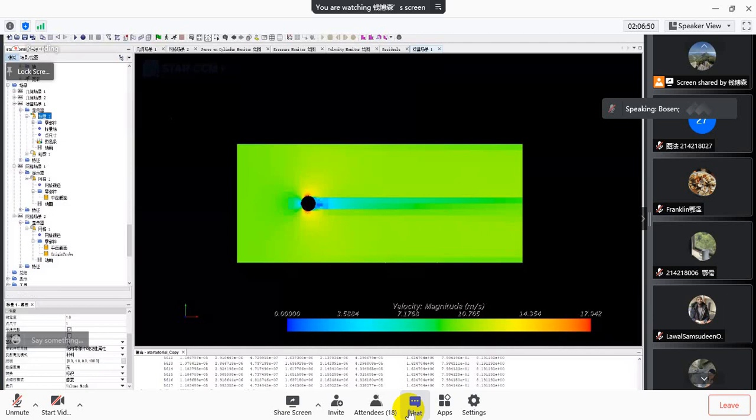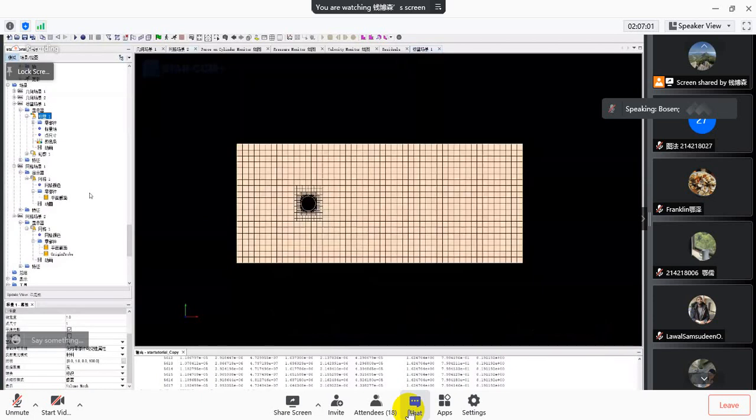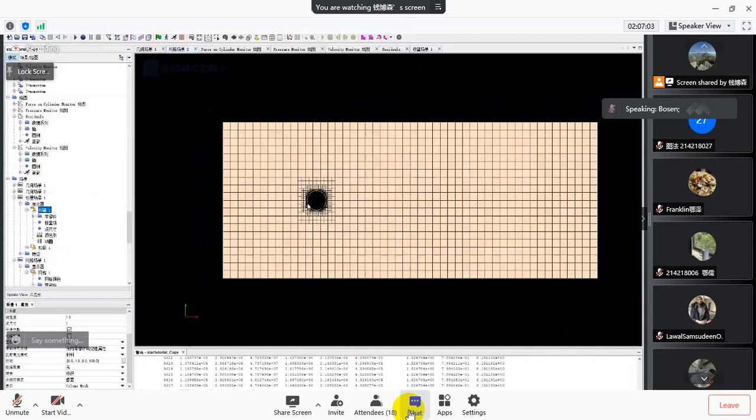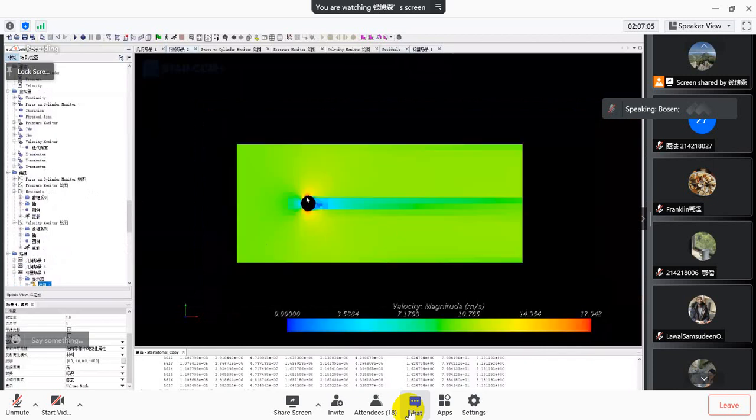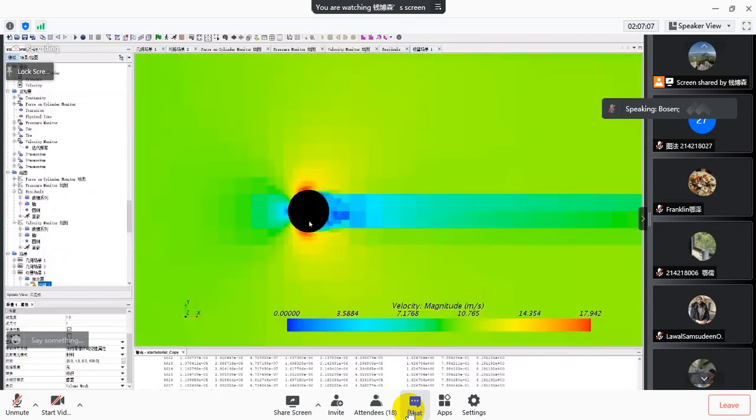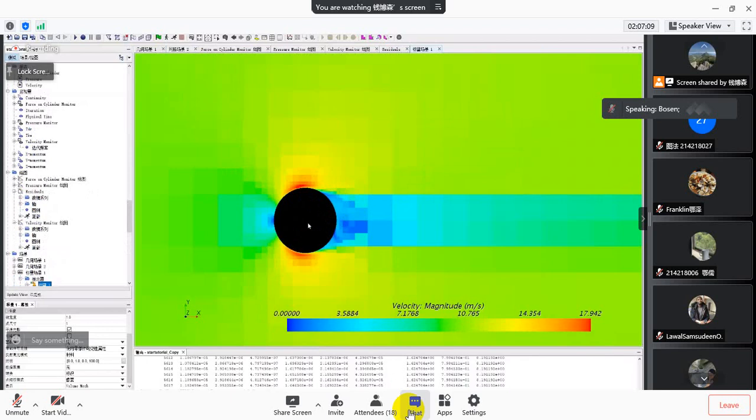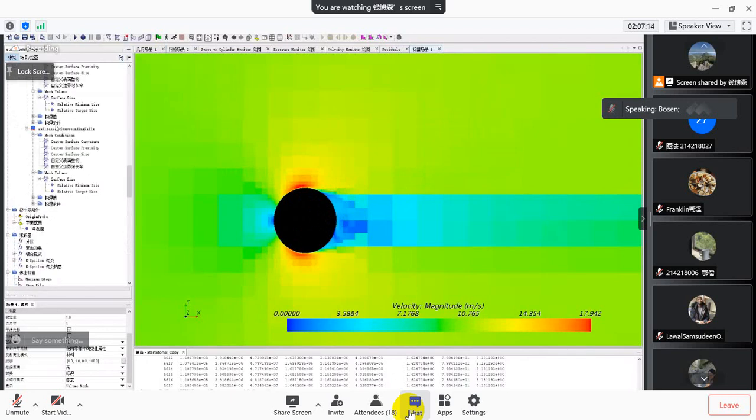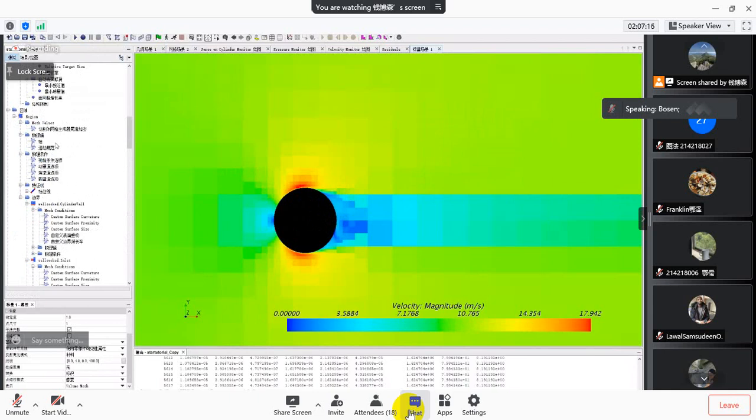Now let's make it a more sophisticated and more reasonable system. Okay, so let's go back to the grid system. What we found out is that the flow in here is very delicate, so we need to have some very fine grid systems. So what we can do first of all,